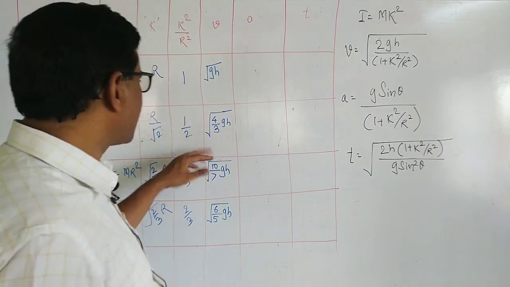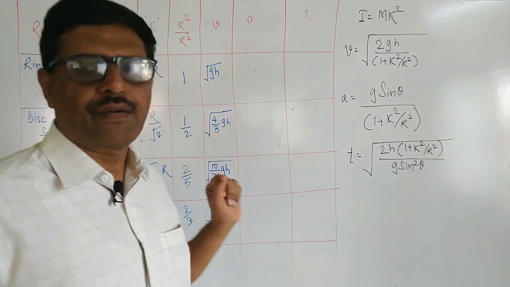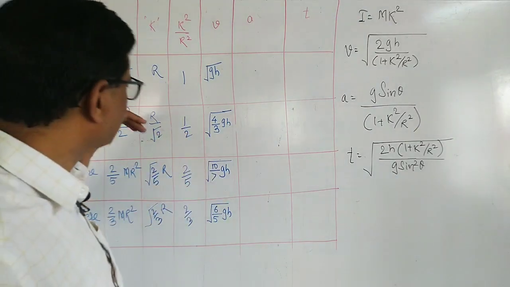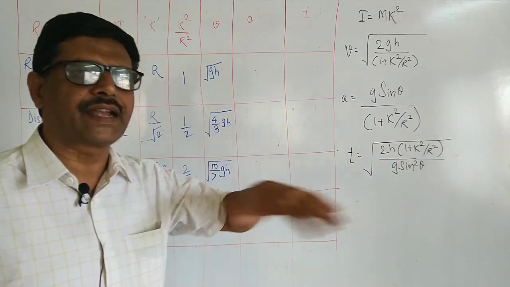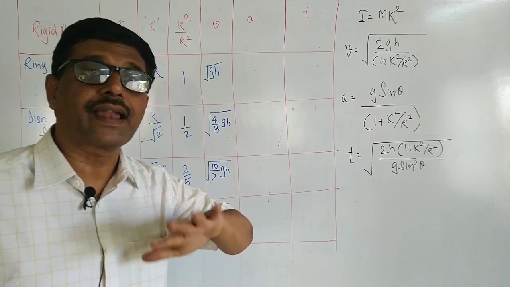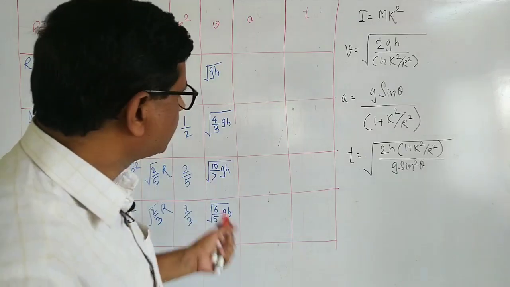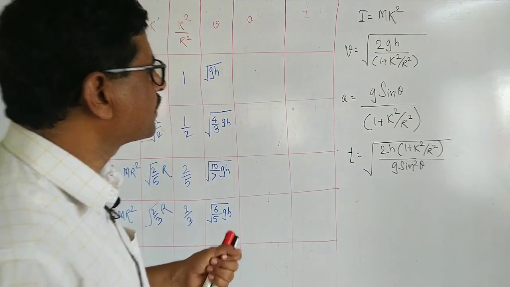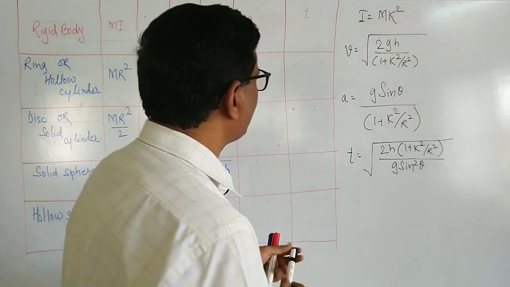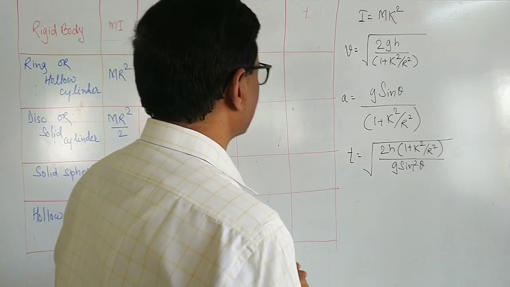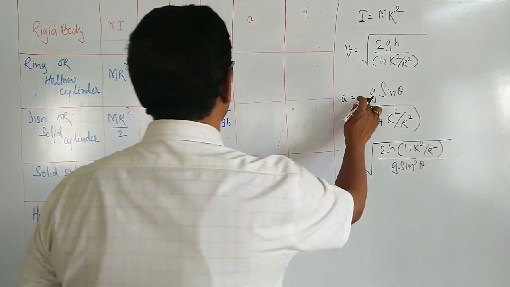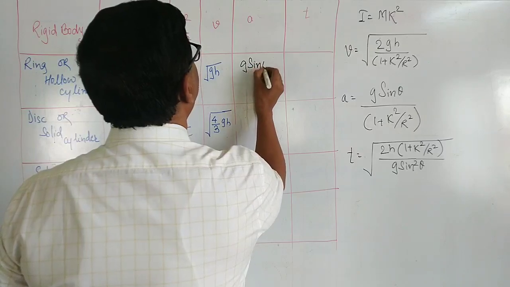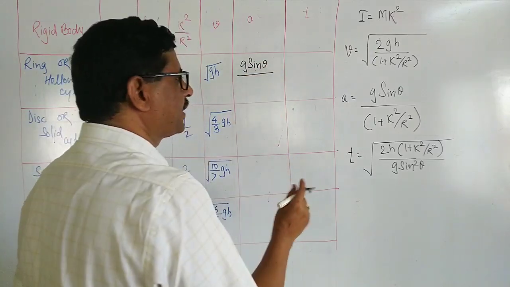Therefore, the disk has the maximum value of velocity. The disk therefore moves with greater velocity on the inclined plane. Thereafter, in a similar manner, we are able to determine the value of acceleration here. The value of acceleration is g sine theta divided by